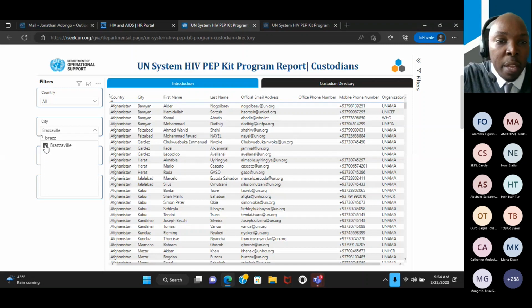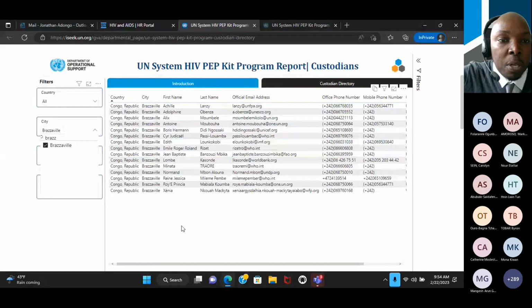So this is the way you find the information for the custodians within your city, at the city level, which is the lowest level that we went to, simply because we just wanted to find a uniform way to be, I guess, globally convenient. There are finer or lower levels of identification, but that might not apply to all countries.